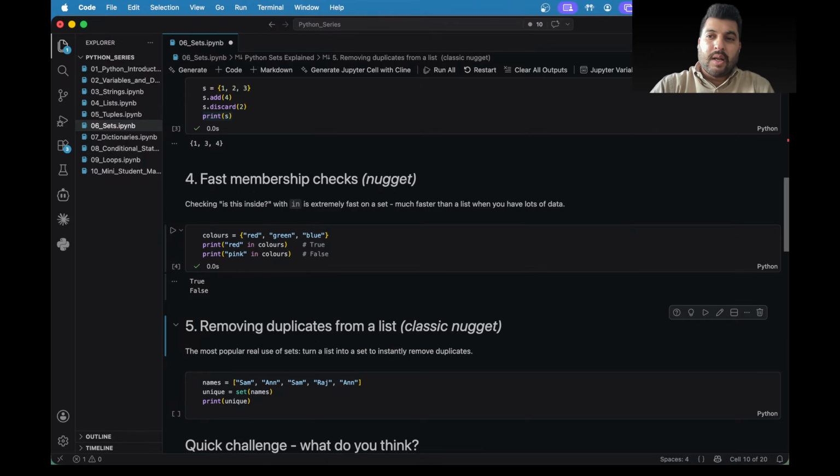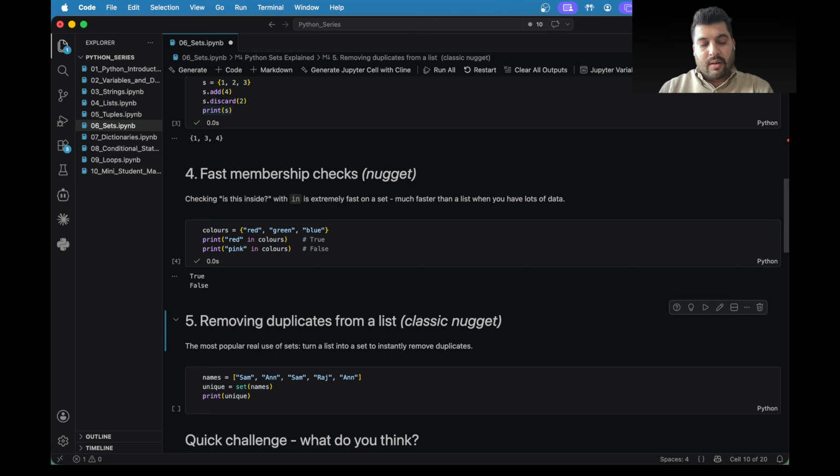You won't sense a lot of lightning speed now because it's just a very small set. But in general, it is very, very fast, much faster than a list. Okay, now